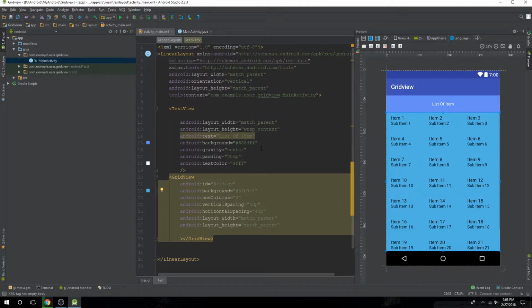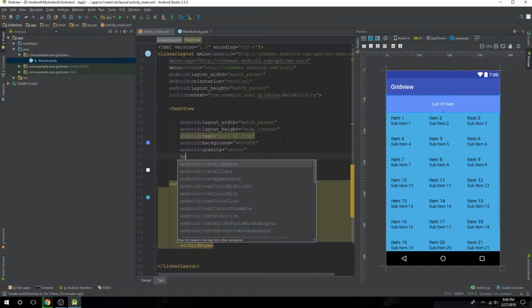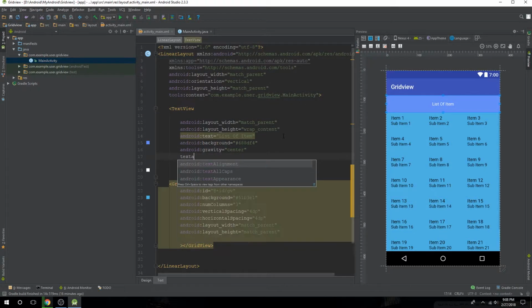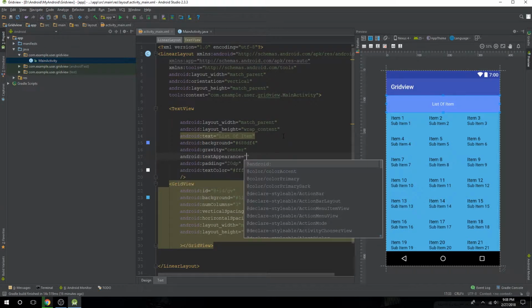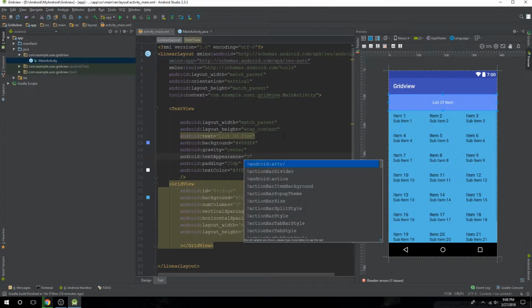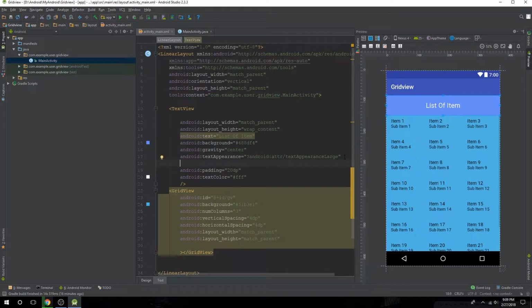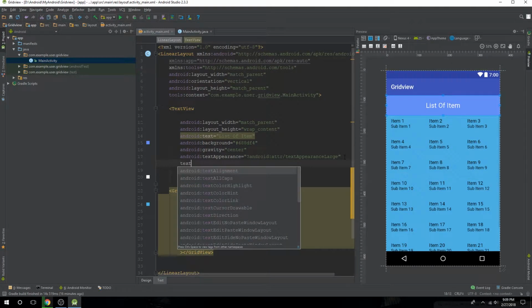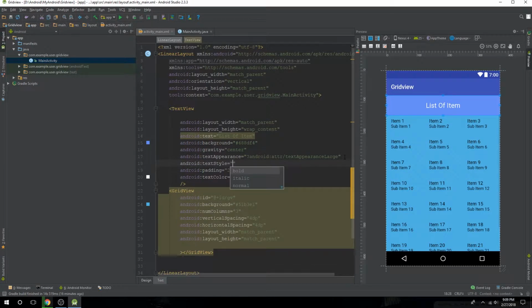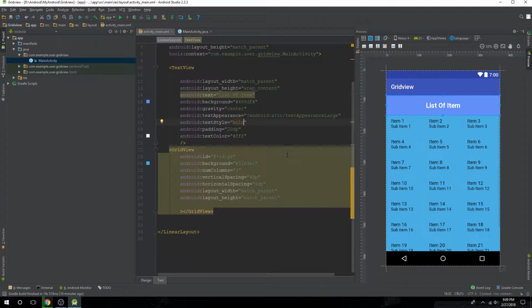And I'm just going to use the text appearance as well, and text appearance is text appearance large, because I want this to be large, and I'm also going to make it bold. So the text style is going to be bold. Silver, so gold, and